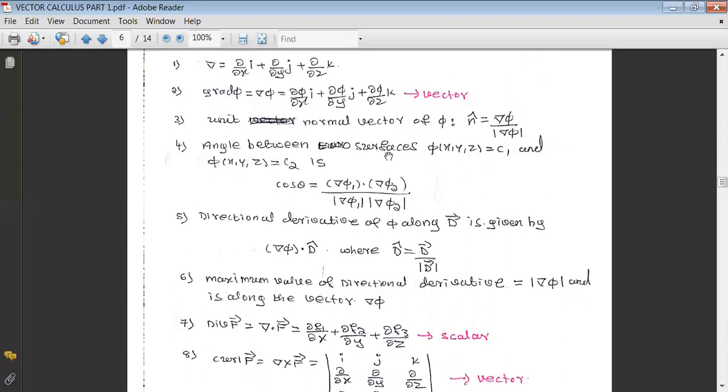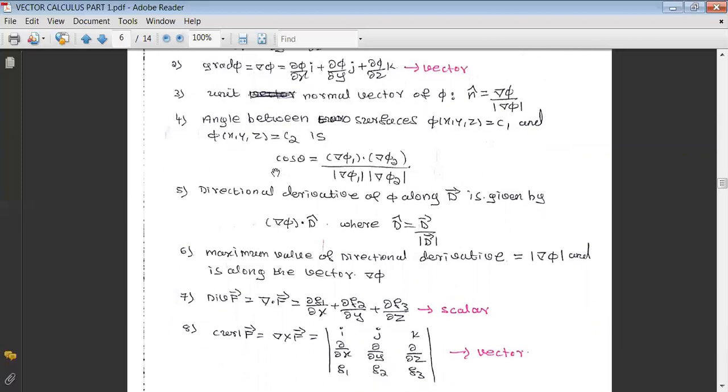and the angle between the two surfaces, that is phi 1 of xyz equal to c1 and phi 2 of xyz equal to c2, is given by cos theta equal to the dot product of del phi 1 and del phi 2 divided by magnitude of del phi 1 into magnitude of del phi 2,